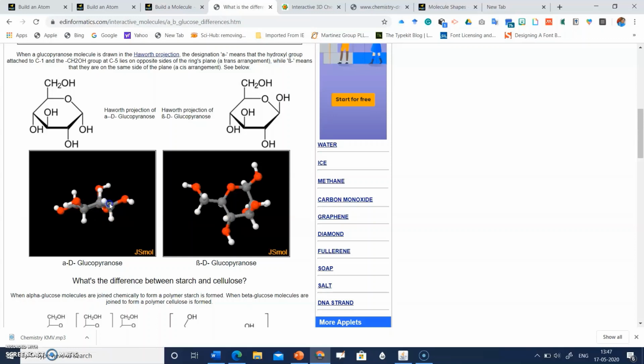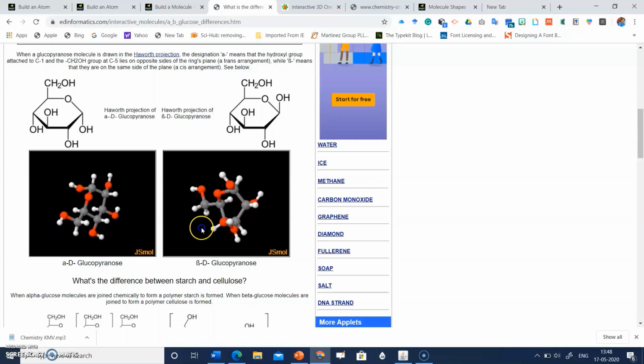When they click on this structure and drag with the mouse, they can see all the angles of this 3D molecule. So this is the alpha glucose, glucopyranose structure. This is the beta glucopyranose structure.